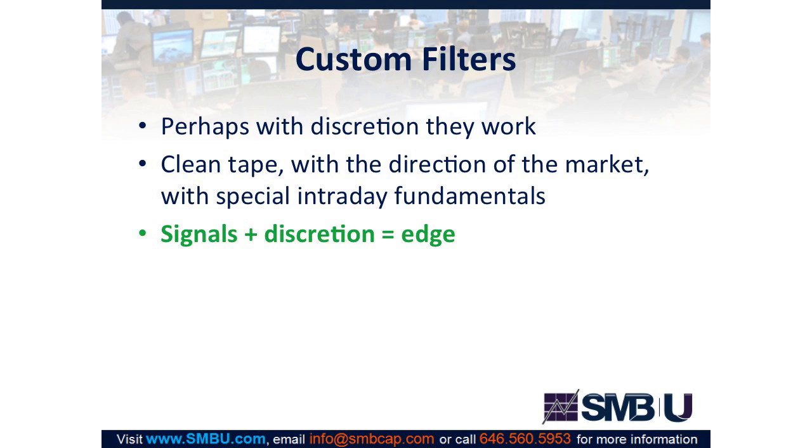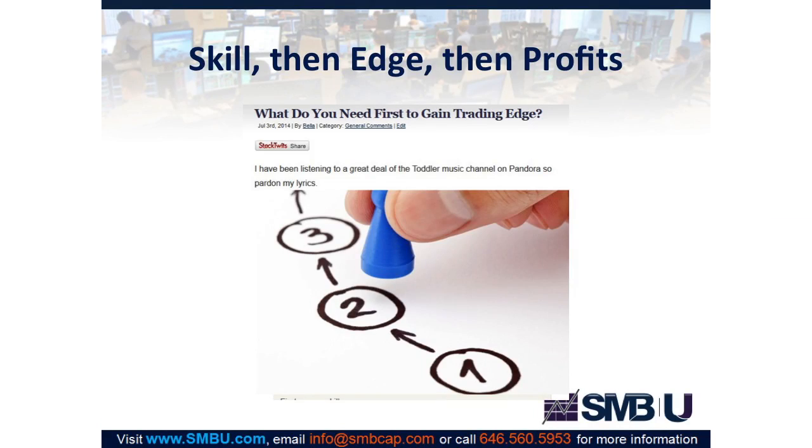A good example of that is a blog post that I just wrote, and it's about skill, then edge, and then profits. Oftentimes, people who are developing as traders want to go right to the edge. They just want to learn the edge. Just show me the setup that's profitable. The problem with that is that if you don't have trading skills and you have an edge, you're not going to make money. Does everyone understand that? If you found edge, but you don't have trading skills, you're not going to make money. You have to have trading skills plus the edge to then get the profits, because you're not going to know how to trade it.